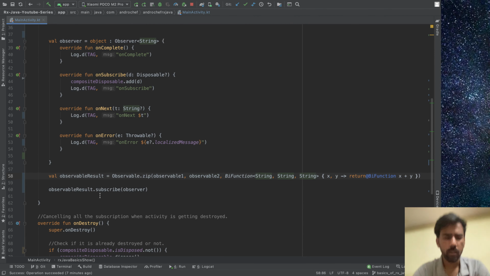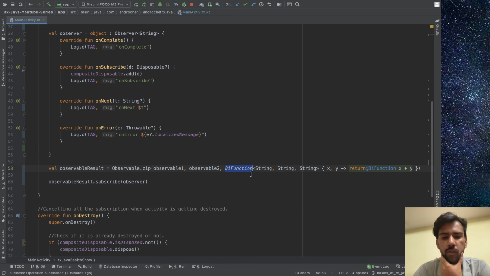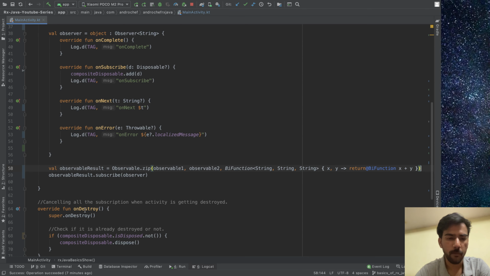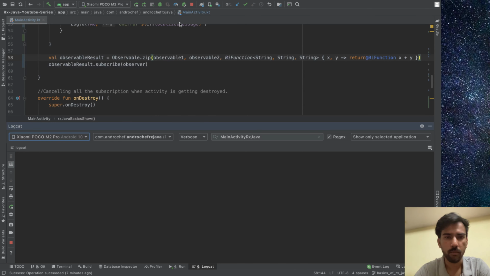So just understand this: you have a zip operator which takes observable 1, observable 2, and then a function which takes one output from the first stream and one from the second stream, and produces some data. The first item I am calling x, the second y, and the output result will be x plus y. Okay, now let's run this and see how the data looks.